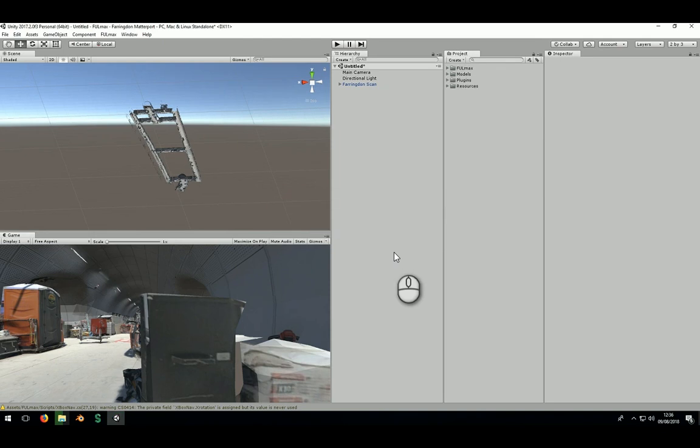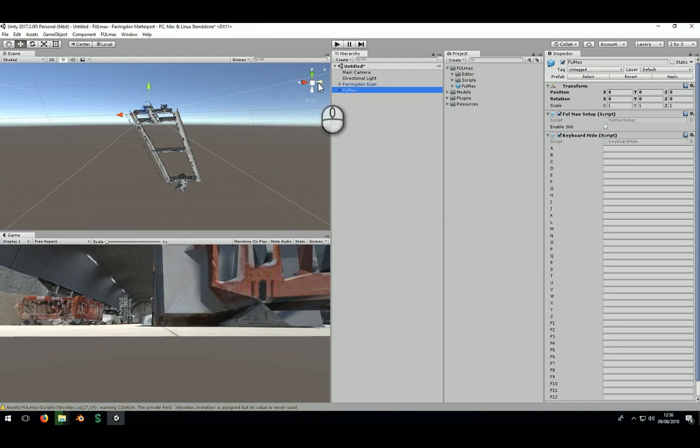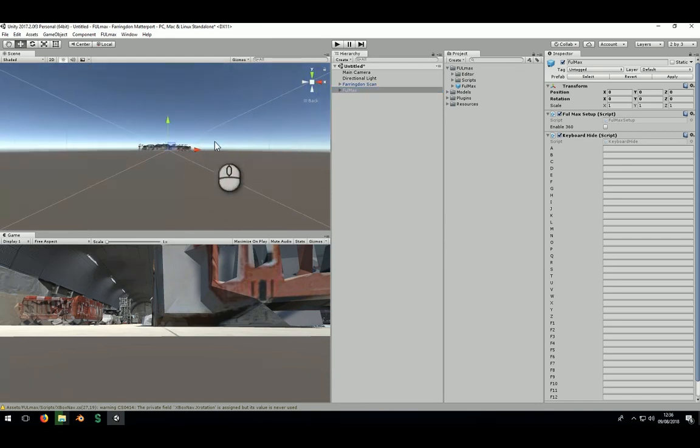So once that's imported, you'll see it's created a couple new folders in the project. We're going to open up the FULmax folder and drag and drop FULmax into our hierarchy. Now you can see it's created the camera at 000, and as you can see in the game window, that's